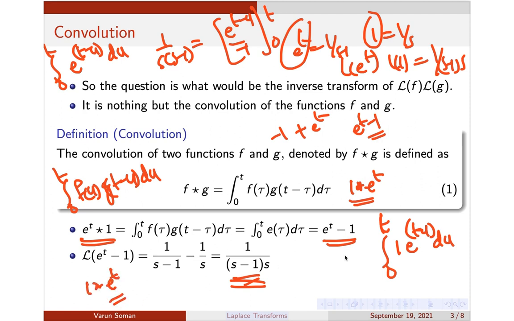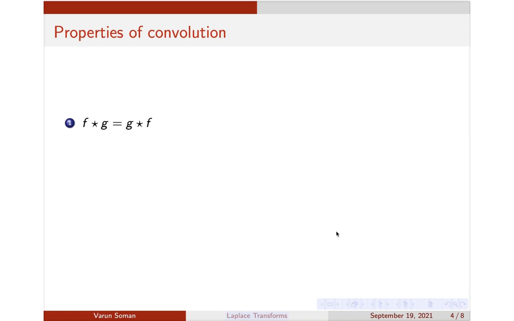So that's an important property of convolution, that is, f star g is the same as g star f. The proof is not required, but you can do it by simply making some substitution in the definition, a very simple proof, so I'm not discussing it. So f star g is g star f. You can compute in any manner possible.